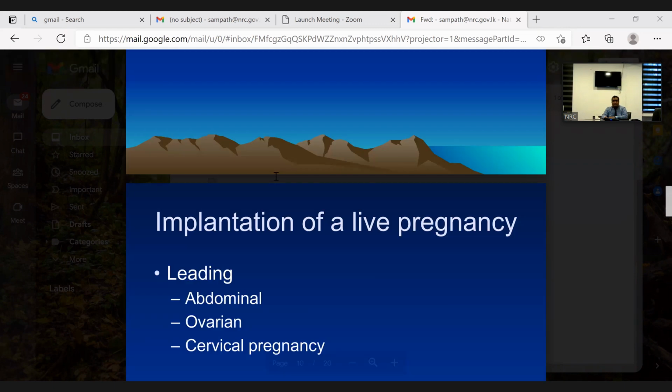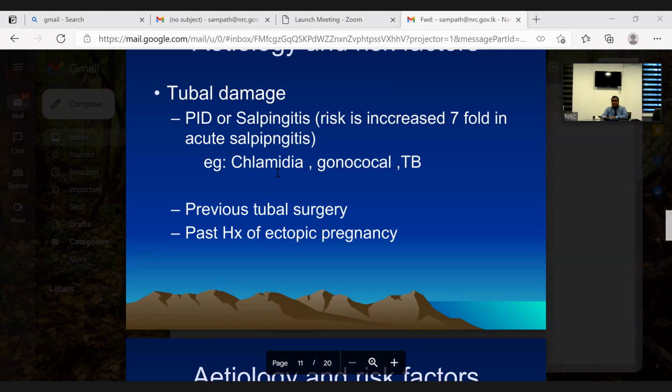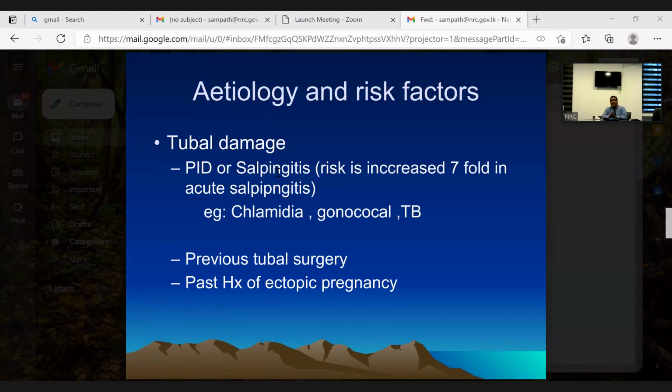Right. So cervical ectopics, I said they'll have a different outcome. And then what causes an ectopic pregnancy? Tubal damage. If you look at the tube, the size of the tube is similar to this room where I am, right? Your embryo is you and you are going through a big tunnel. That is the proportion of an embryo and the tube. Though it looks very fine, there is quite a space for the embryo to traverse through.